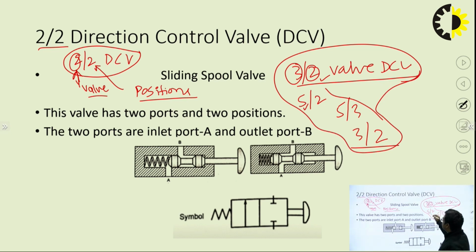So 5x2 means there are 5 ports, which means 5 places to enter the source. The source may be air or fluid. The 2 stands for the 2 directions, 2 positions it can move in. This 3 stands for 3 positions it can move in. 5 stands for 5 ports. The flow of air can enter the system by the 3-way, and these 2 can take 2 positions by the movement of this